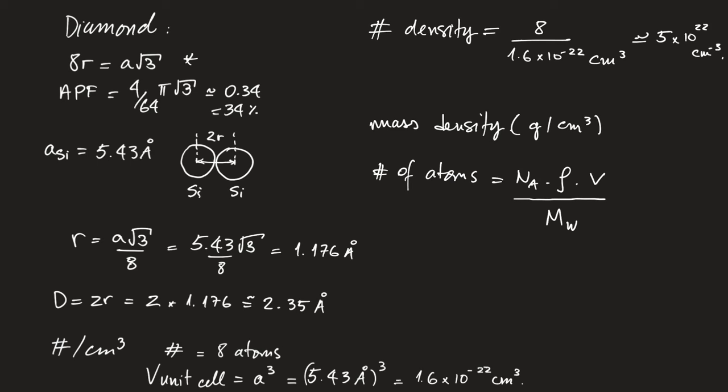We can solve for the mass density, and it's going to give us the number of atoms times the molar weight over the Avogadro number times V, and here we identify this number of atoms per volume,